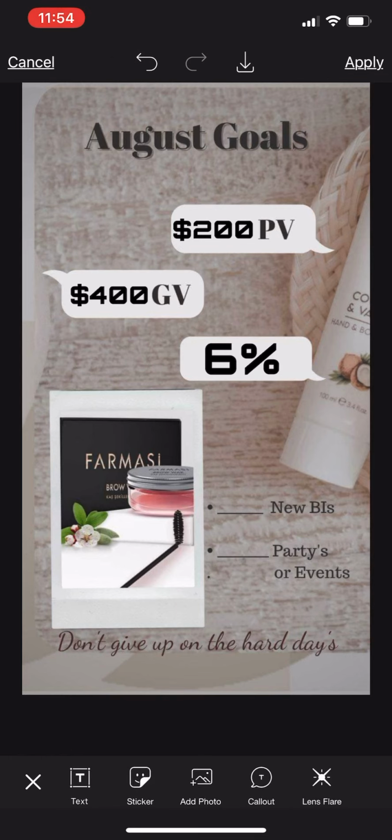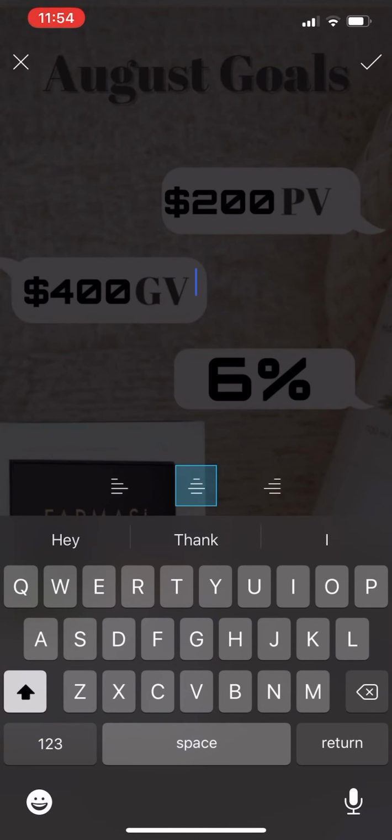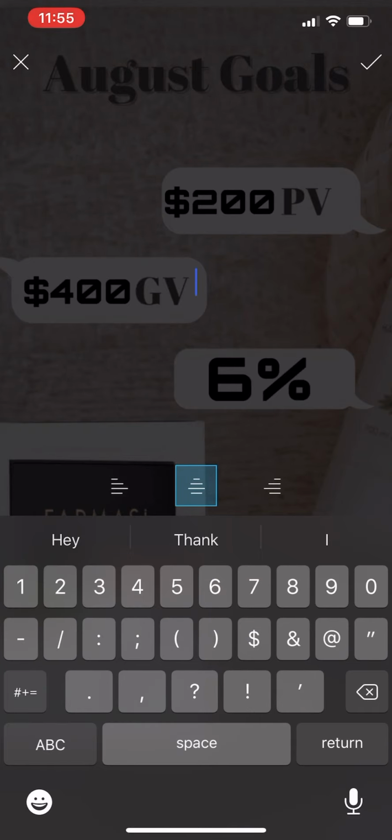Okay, that's your goal. So now, in these two bottom ones, the bottom one is something new. So you have how many new beauty influencers that you want. I'm just going to go ahead and duplicate this again, and I'm going to move this over here. And you decide how many beauty influencers you want. You always want to set your goal. Your goal is to always grow your team, especially if this is something that you find that you can grow with, you are ready to rise with. And so you always want to have a number there, whether it's one new beauty influencer for that month, 5, 10, whatever you want to push yourself to. But just always have a goal.